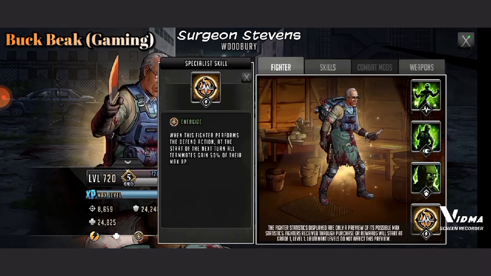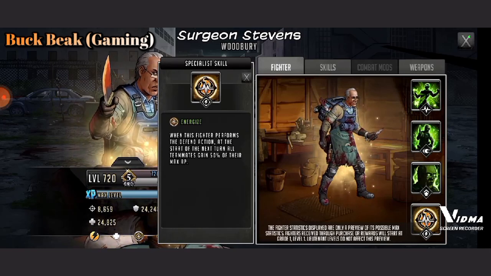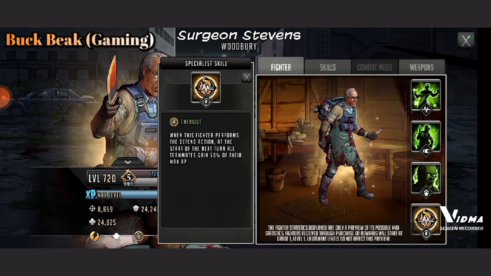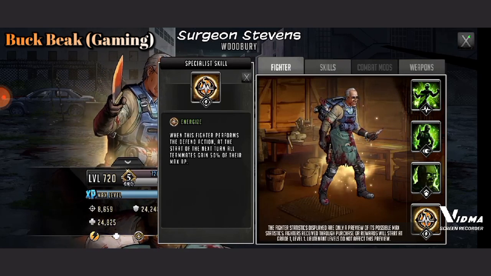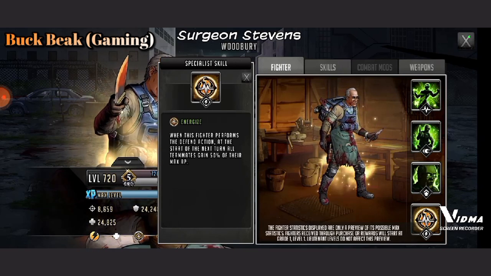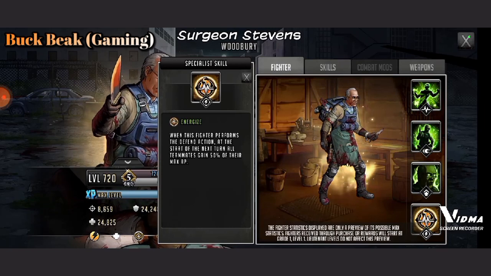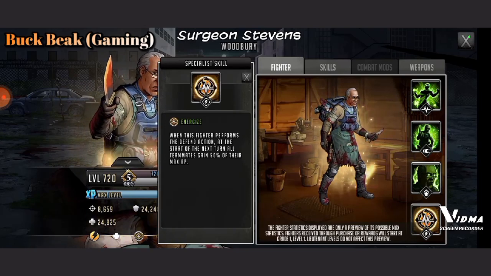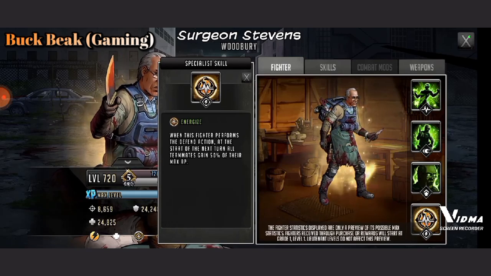So, like I said, the potential of that is going to be absolutely crazy, and I could see people getting really frustrated depending on the team that you have Surgeon Stevens in, and I can already see why people would want to pull for him, because there are aspects about him already, aside from the new specialist skill, that are going to make him absolutely annoying. And I could see some people quitting, taking a break, potentially, because of this guy. And yeah, we'll have to see how this specialist skill...